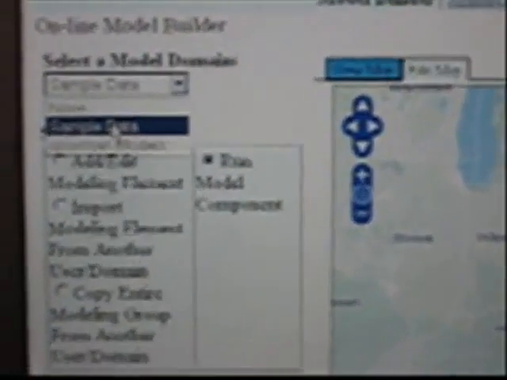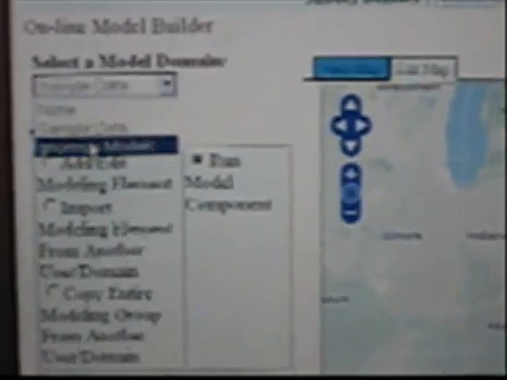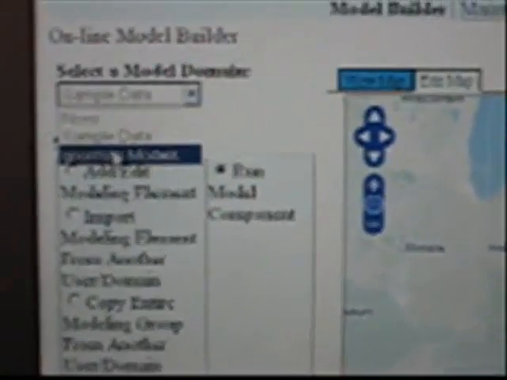When you create an account, a domain is automatically created for you to store your models. In this case, G. Norman Models. If your username was Ed White, then you would see a domain labeled Ed White in your drop-down menu. So I select G. Norman Models, my own domain, and then I go down to my function menu